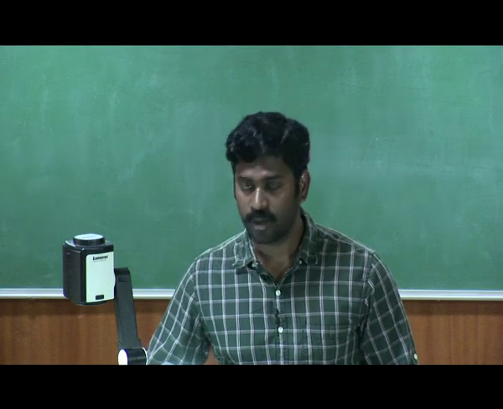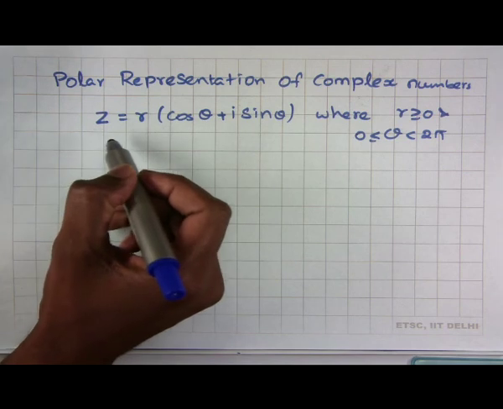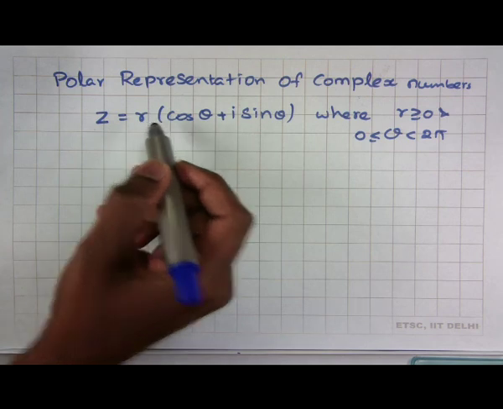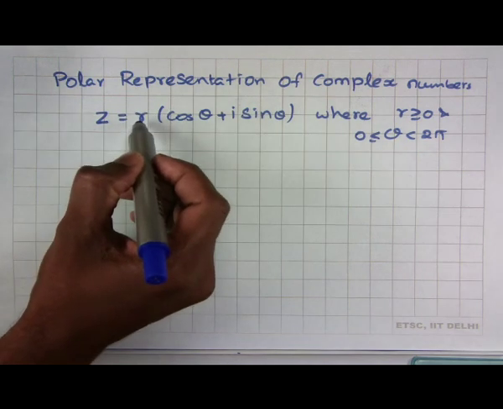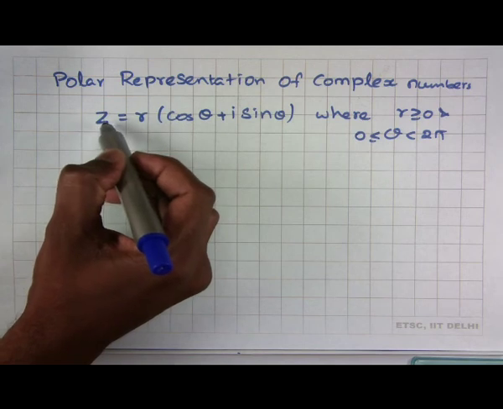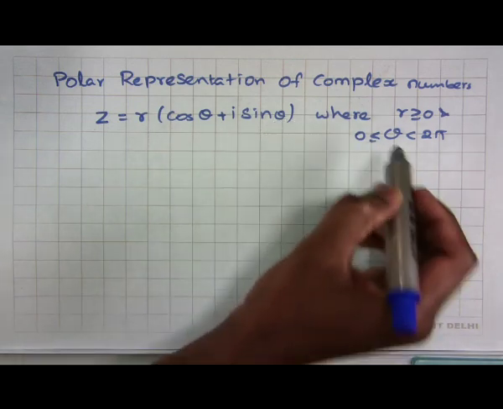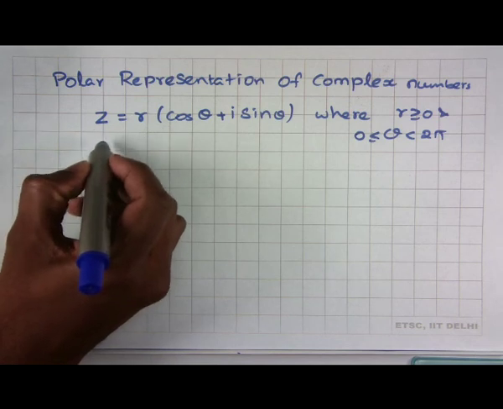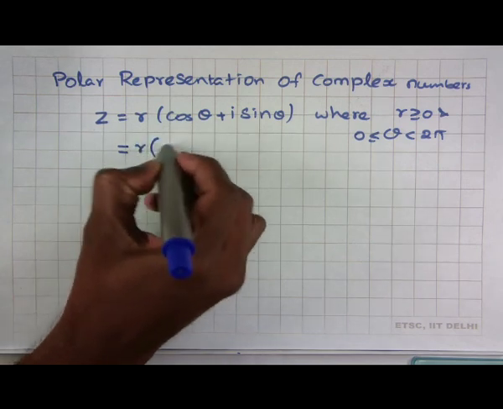Let me recall the polar representation of a complex number. Any complex number z can be given by the representation r times (cos theta plus i sin theta), where r denotes the distance from the origin to this complex number and theta denotes the argument, which lies between 0 and 2 pi. And let me again recall that the same number can have different angles